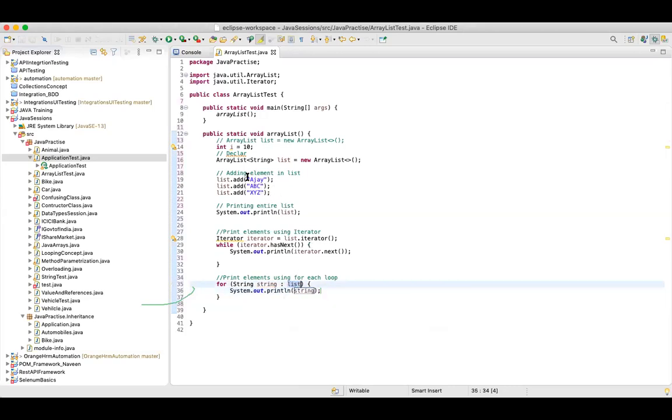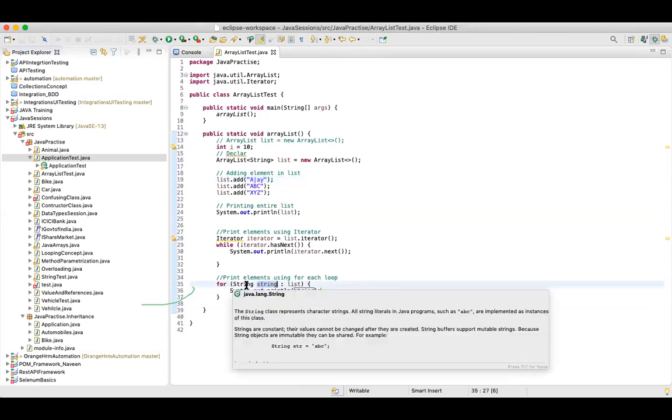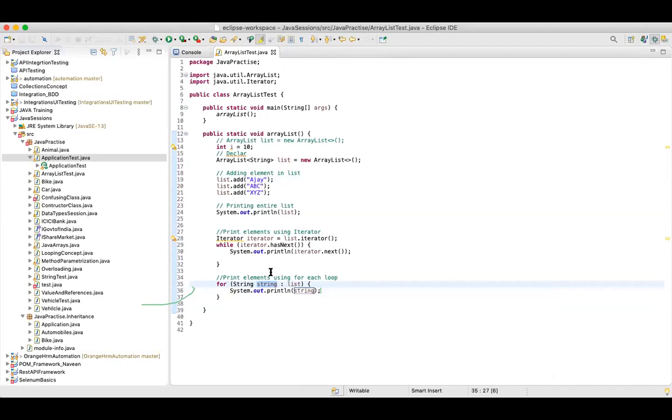Okay, so what it will do is, it will go to the list. It will see, okay, so the first element in the list is Ajay. Now it will give this value to string. For each means for each of the elements. So it will go to this list, it will come here, it will see the elements, right? We have these elements in the list. So it will pick up the first element. It will say, okay, this is the first element. Give this element to string. Okay, so now this particular value is available in string and I can print this value.